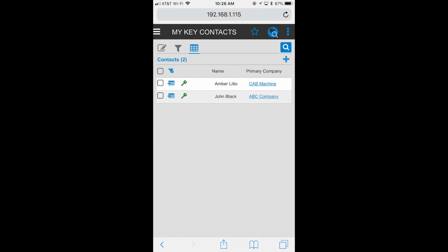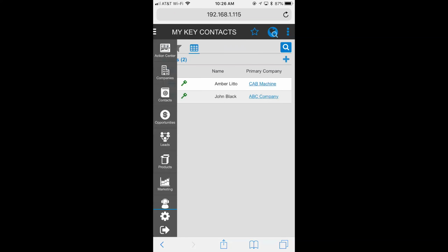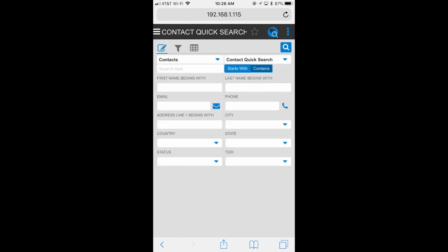All right, you'll see a little icon listed there signifying that it's a key contact. I'll come back and talk about those icons just a little bit later as well. But I can also come out and do what we call a quick search inside of Pivotal. And so underneath a quick search, it pulls up a standard listing of common things that I might want to